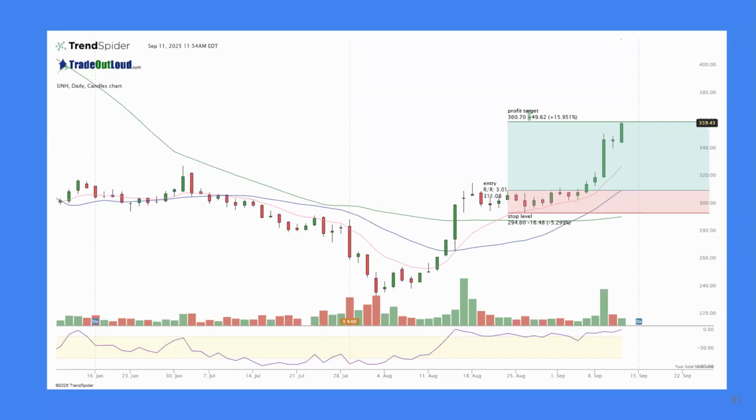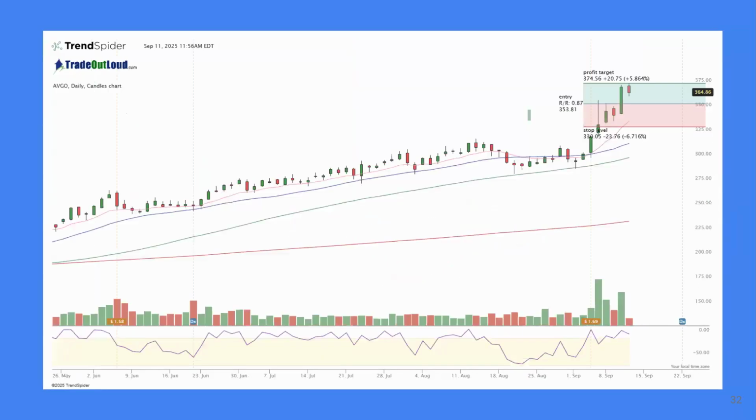But let's take a quick look at this stock right here. This is UNH. This is a trade that we have executed into our program. This is a base breakout. You can see the risk to reward level. And again, this is the target right here. Have the appropriate risk to reward ratio. 3 to 1 is ideal. You're not always going to get that. So be happy with what you get